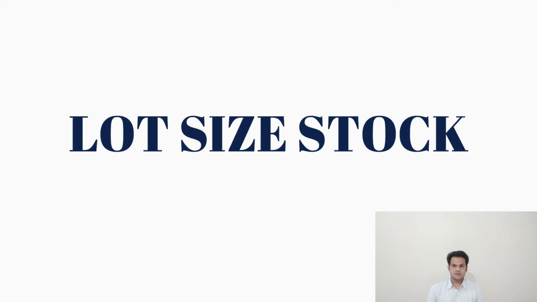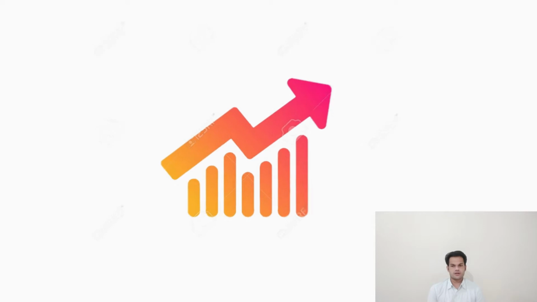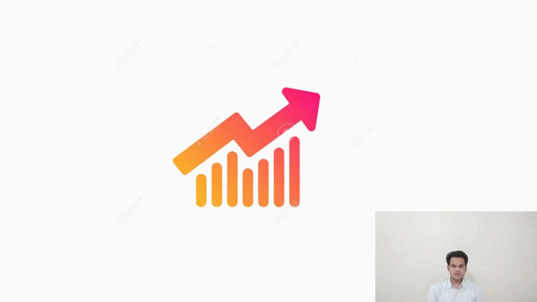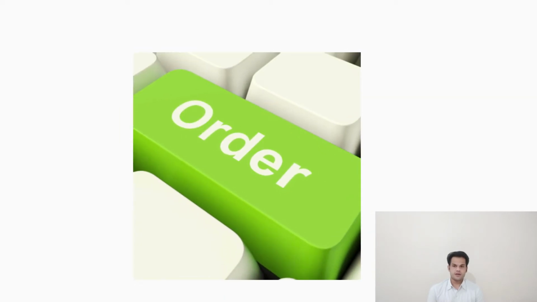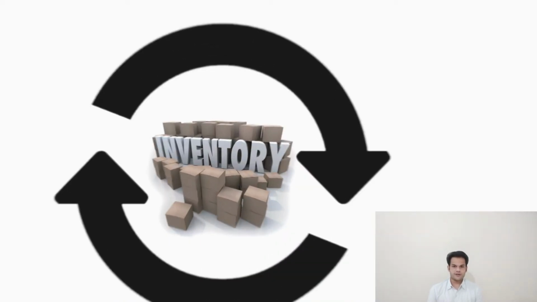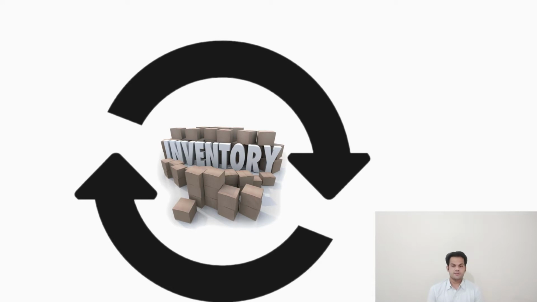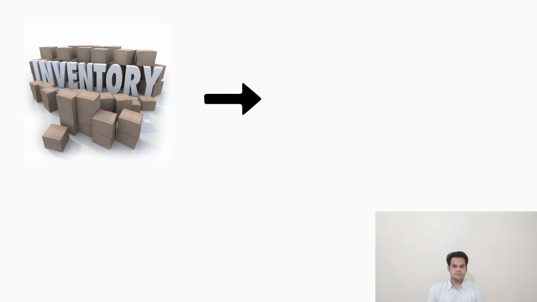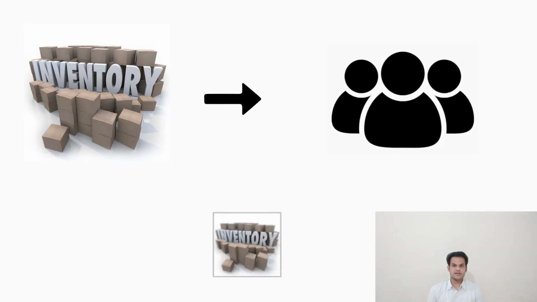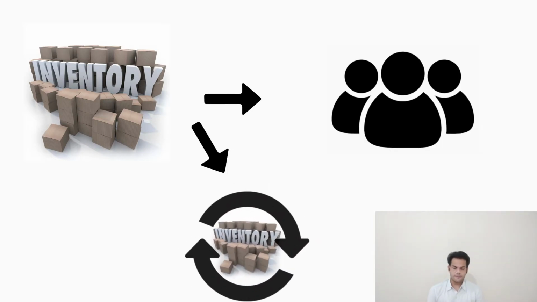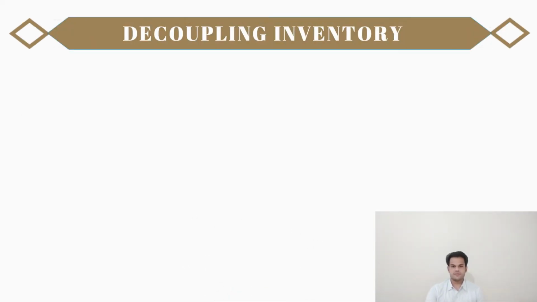Cyclic inventory is also known as a lot size stock and is a part of the entire inventory which helps the company to meet the usual demand of the product. It is essential because this is what a company uses first to fulfill the customer's order. The cycle stock or some part of it automatically gets replaced as the company sells products. We can also say that it is the inventory that a company can sell and replenish if everything goes as per the plan.